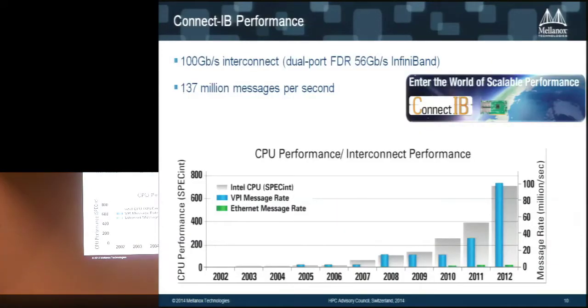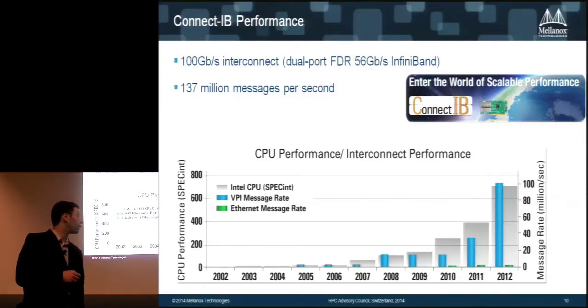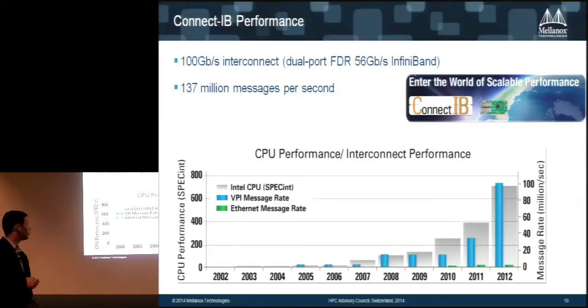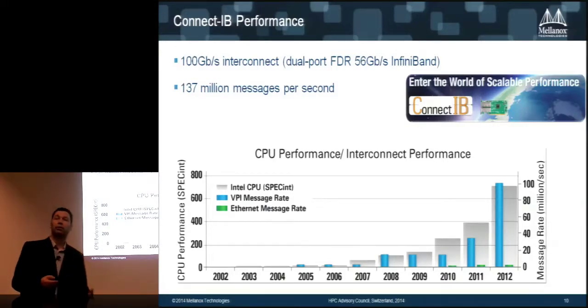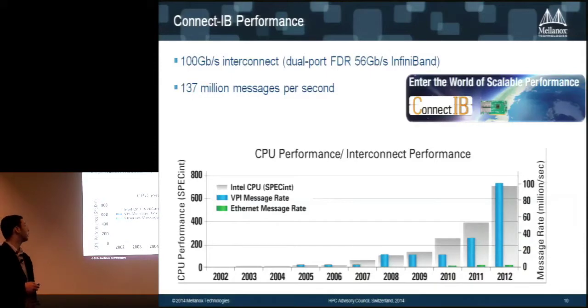So you can see in today's latest InfiniBand adapters that the architecture is actually even ready for 100 gig. So you could get 100 gig out of the node by using the two rails, the two ports of the HCA, and you can actually get almost two ports of 56 gig at saturation to deliver 100 gig coming out and in to the node, as well as very high message rate of over 130 million messages per second.